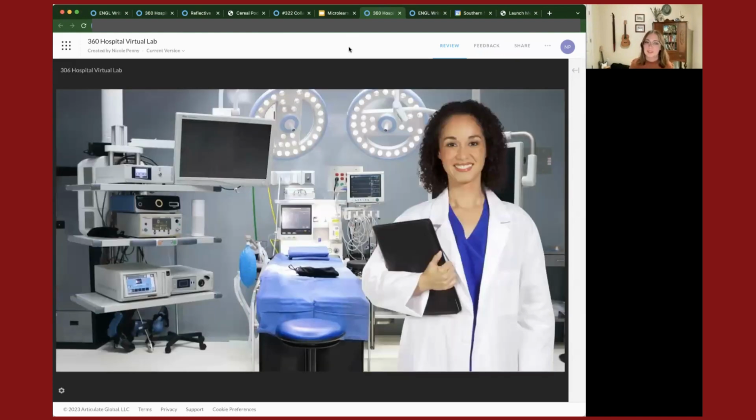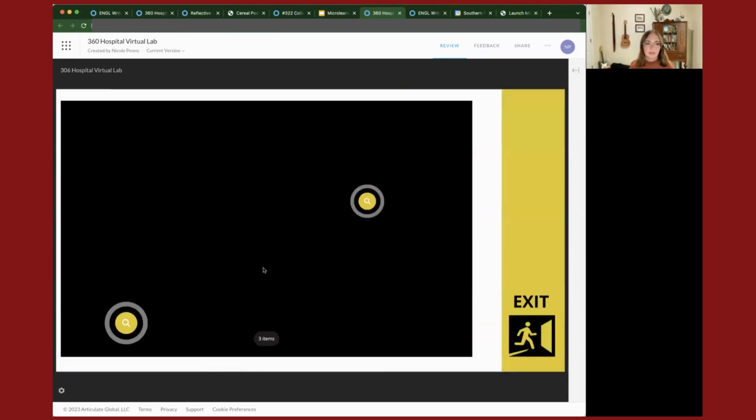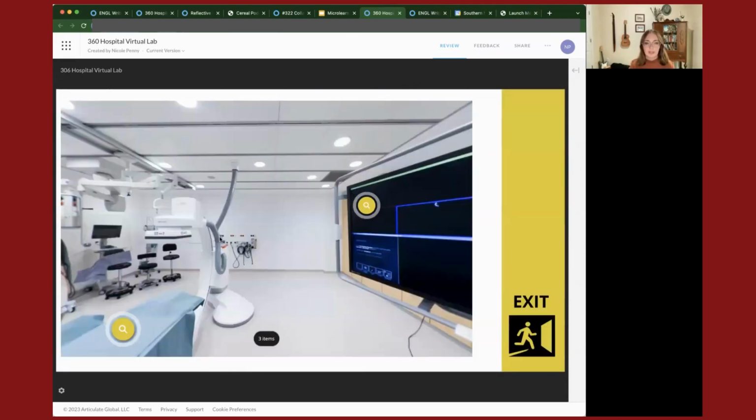Another example is this virtual lab that we created. And this one is using a 360-degree image. So this is an example in a hospital setting, but you could do it looking at a geographical location, a national park. You could do it at a museum where they're looking at art. And it's great for if you want your students to go in and select